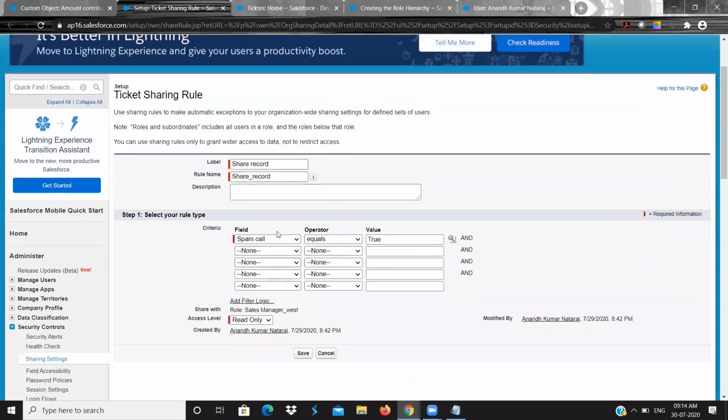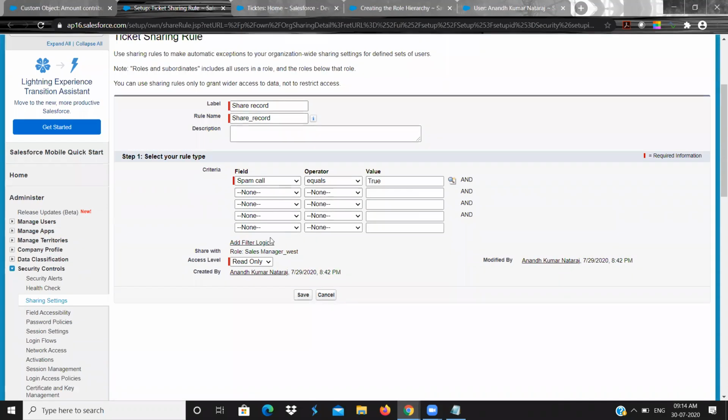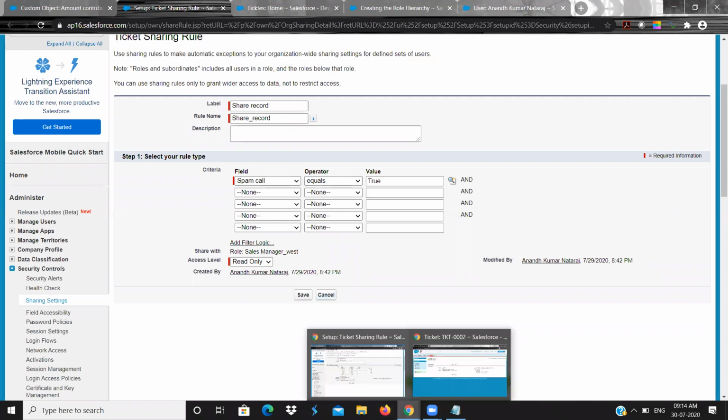If you click based on owner, instead of this, what will happen? Whatever records that sales representative owns will be given to the other sales representative. But I wanted to have certain criteria like amount, high priority customer, like that. In that case, we need to do it like this. If I give based on owner, what will happen? All the records in the ticket object are owned by the system administrator, so all the records will be shared with this guy.